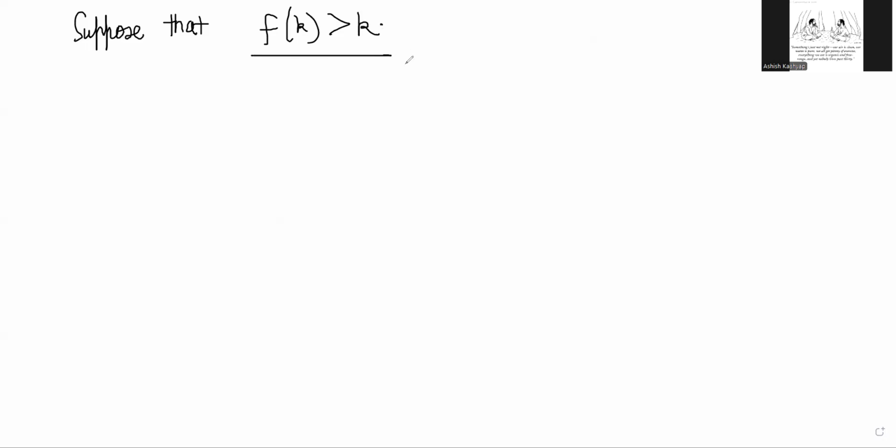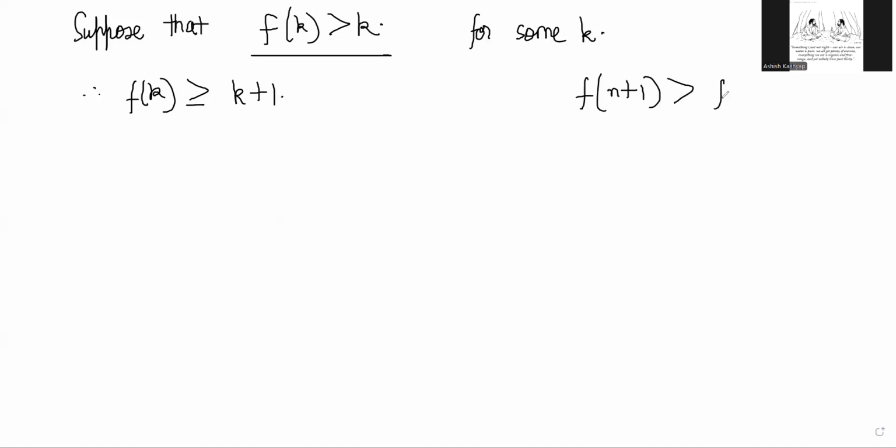If f of k is greater than k for some k, right? Then f of k, if it is greater than k, it should be greater than or equal to k plus 1, because the next higher output is k plus 1. Now, using the initial condition, which was f of n plus 1 is greater than f of n, we can say now that